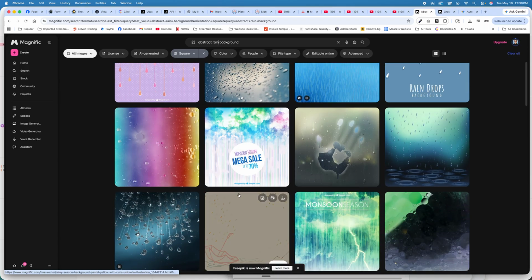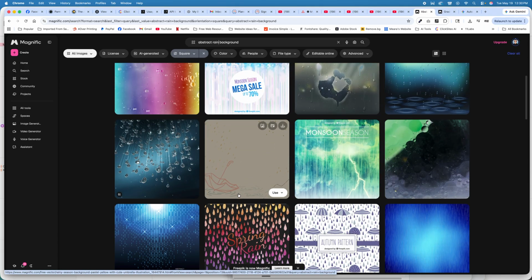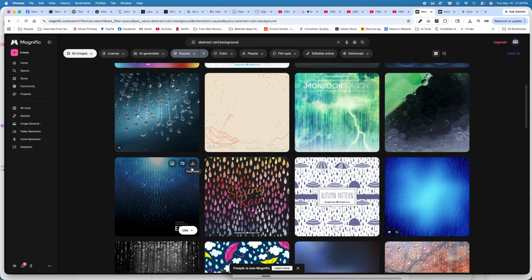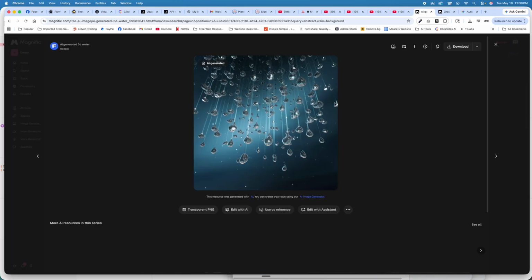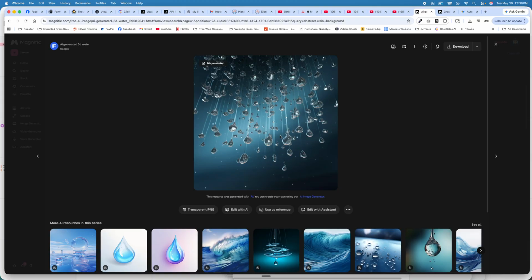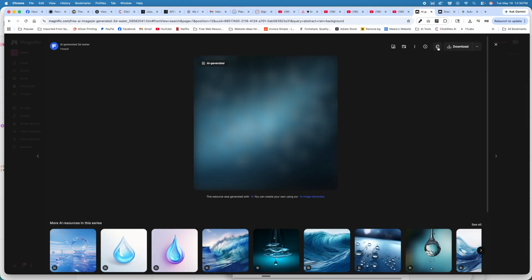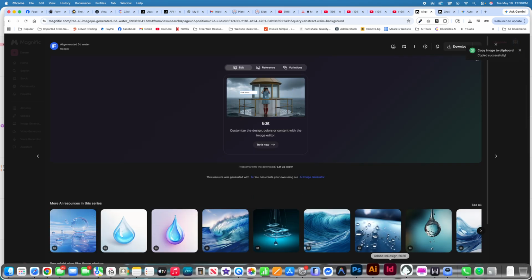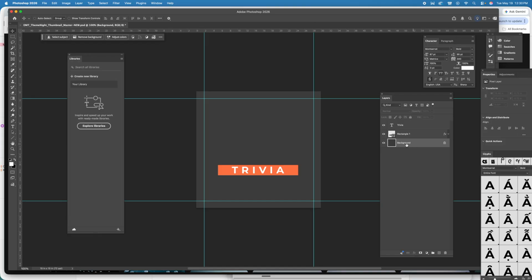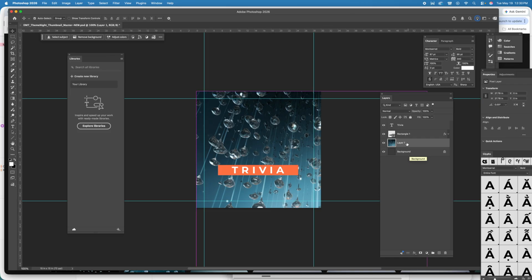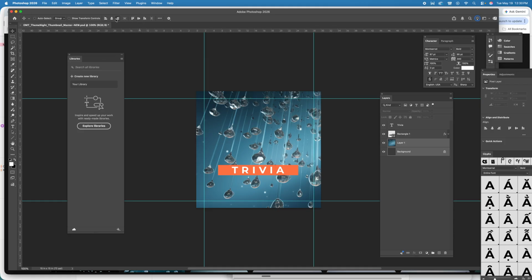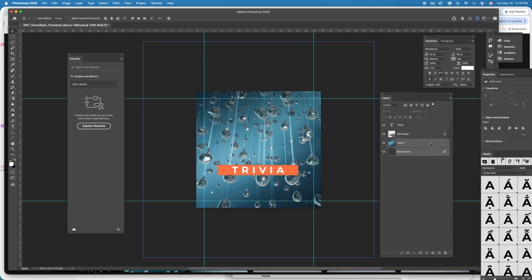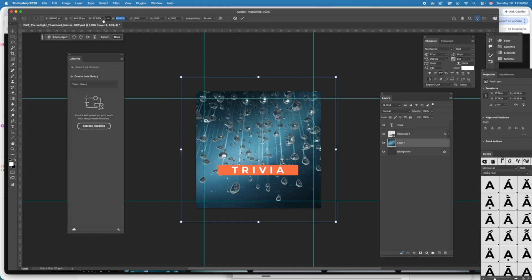So now I can scroll through here and I can look, and I think the one I like right now would probably be this one. So we're going to go ahead and use this one here. So I'm going to copy that. I'm going to go down to Photoshop, make sure that I'm above my background, and paste. And now I'm going to take these two and align them. So we're going to go align, and then align, and then I'm going to go ahead and adjust that so this comes down a little bit,